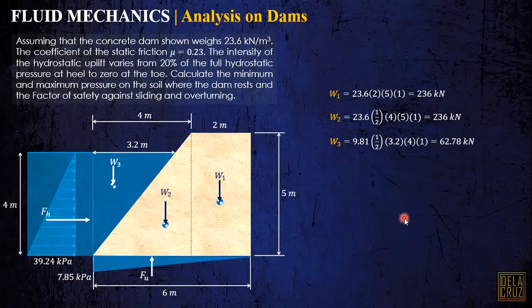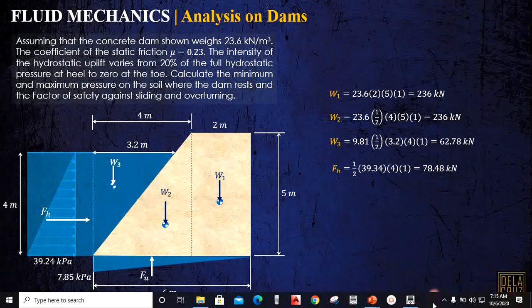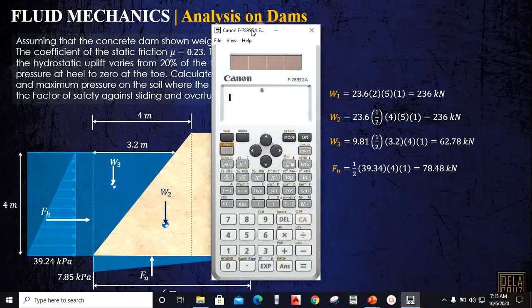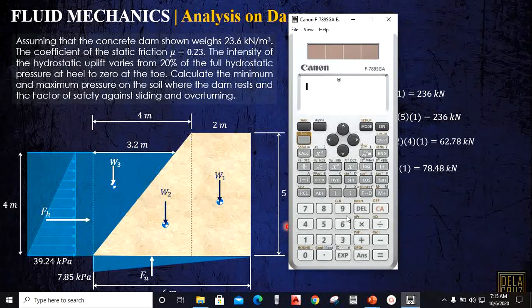Now, the hydrostatic force is 1/2 of base times height, actually the area of this pressure diagram, times the perpendicular distance. Or we can just simply use the hydrostatic formula. Okay, what is our hydrostatic formula? Gamma bar H area. Our gamma, of course, is 9.81. Bar H is half of 4. That will be acting at the projected